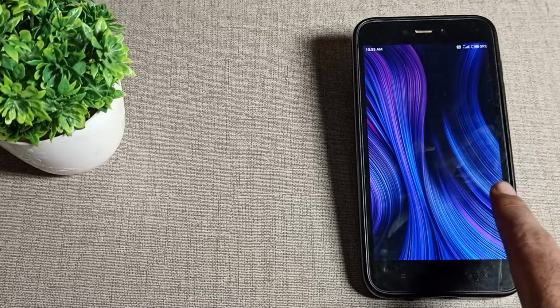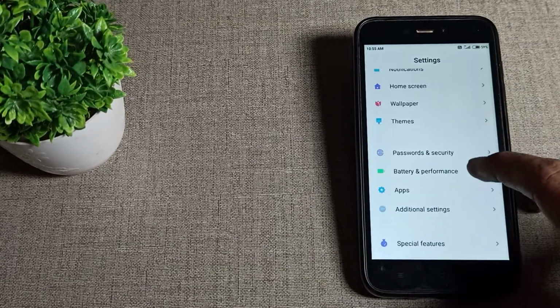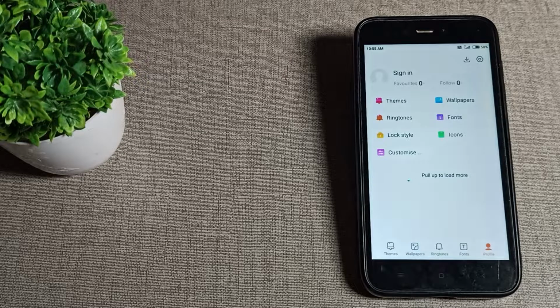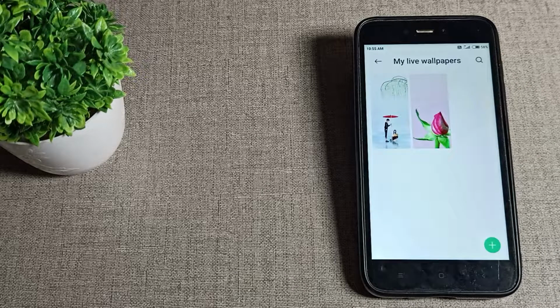So first of all, we will open our phone settings to set live wallpaper. When I scroll, you can see your wallpaper setting. Click on wallpaper setting. Let's click on profile setting, and then you can see your wallpaper setting. So I tap here, and then you can see my live wallpaper. Once you have your live wallpaper setting, you can set whichever wallpaper you like